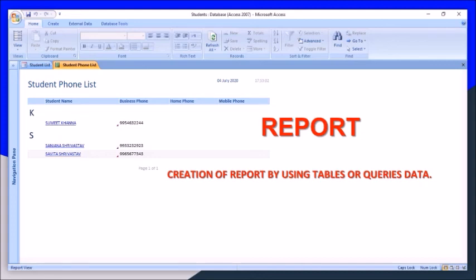So this way we can make use of database by using features like table, queries, forms, reports. So these are the main features of database.